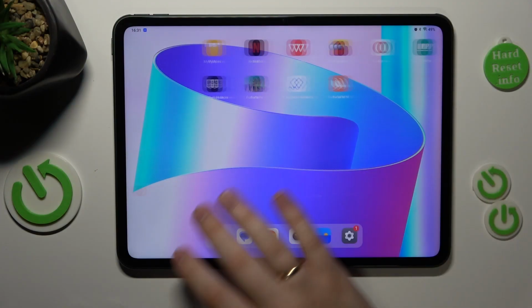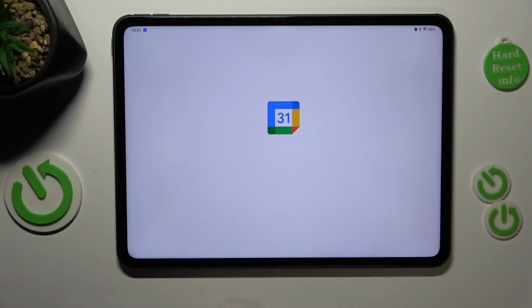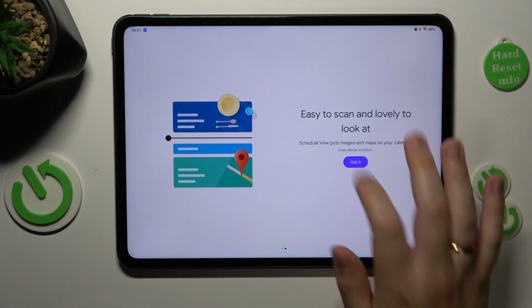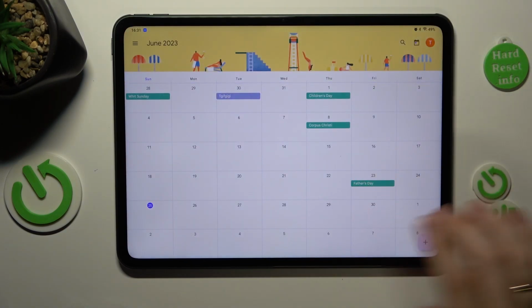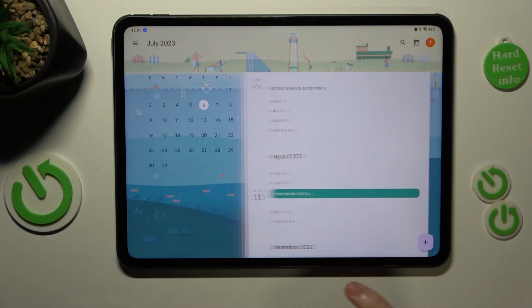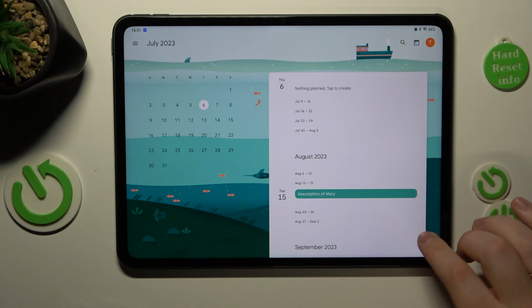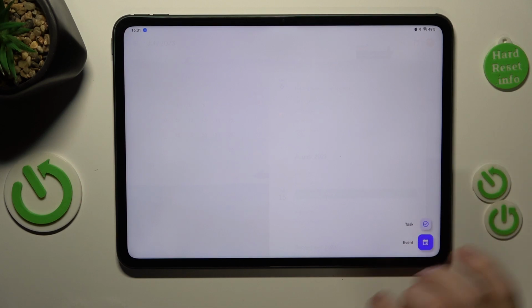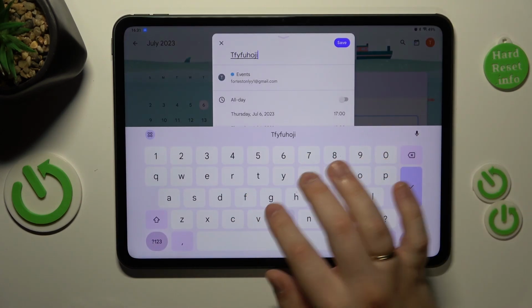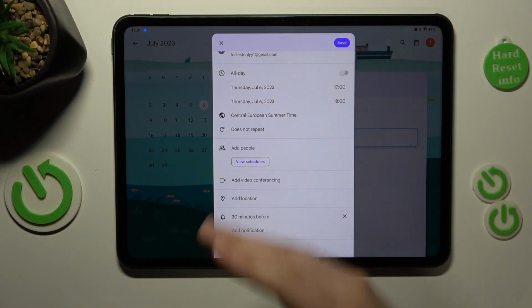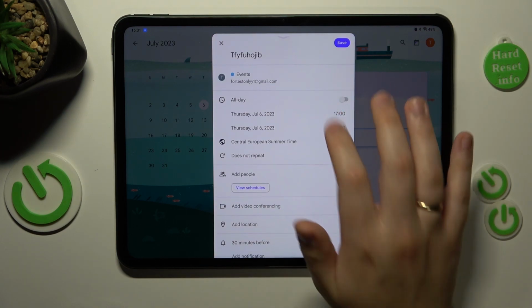So to start, you will need to launch the calendar app, then select the date you would like to set your event on. So let's say I'll go with 6th of July. Then tap at this plus icon at the bottom right corner of your screen, choose an event option from the list, and then fill out all the event details such as its name, the time frames,